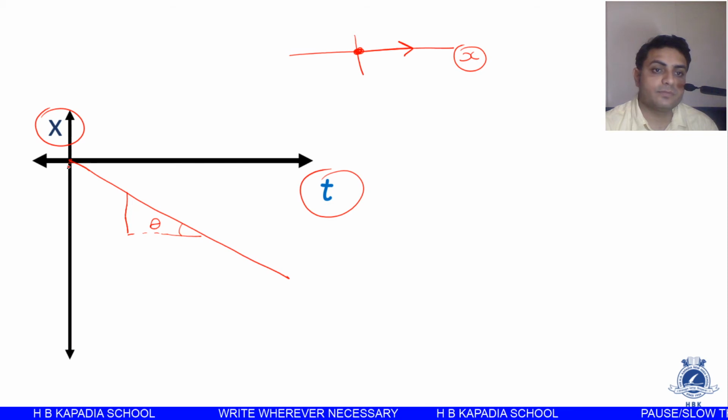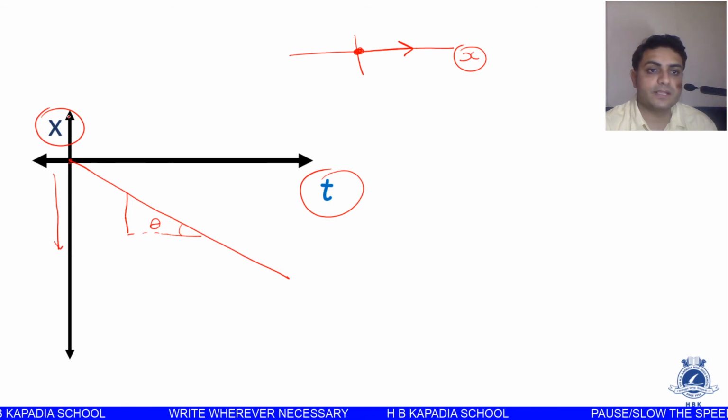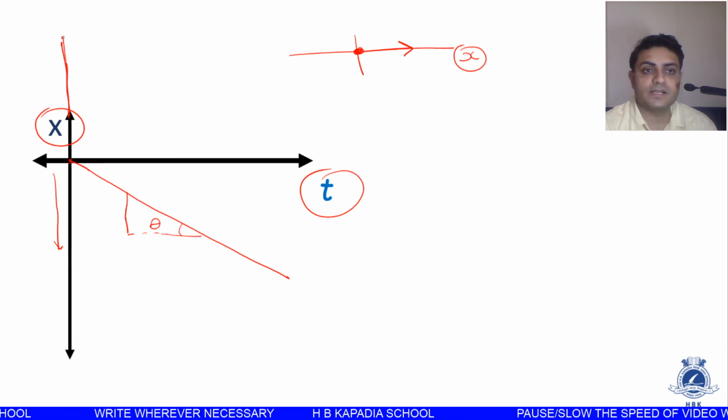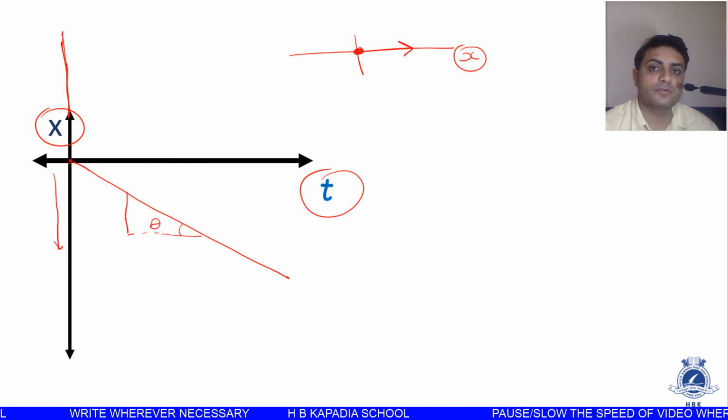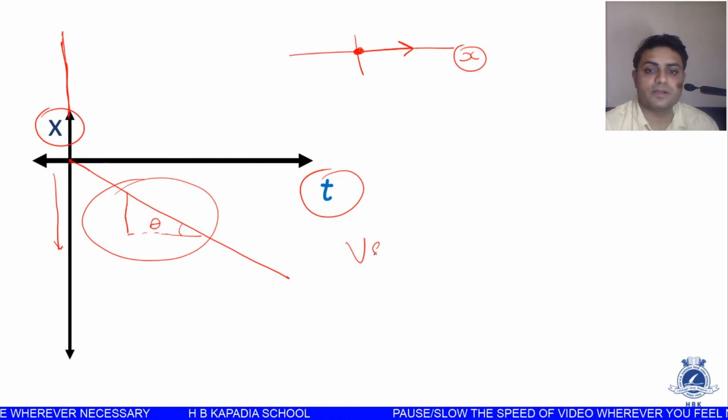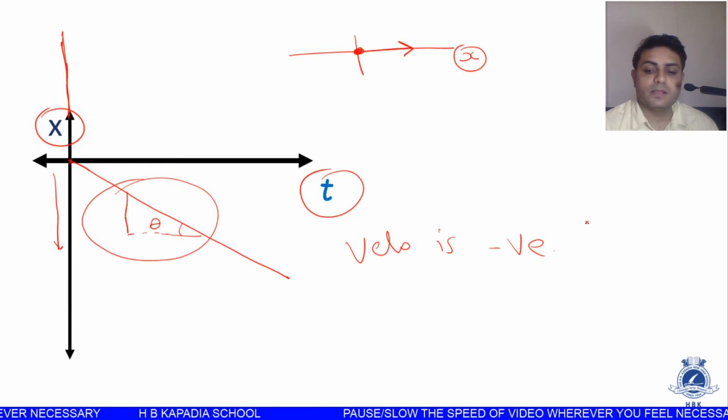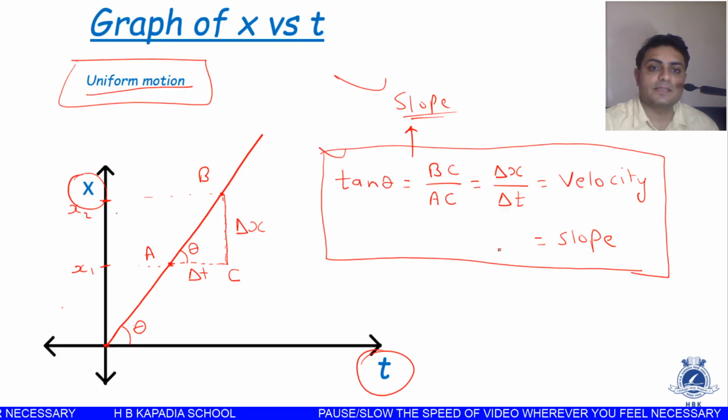As you see, I have taken the vertical axis to be the position. So whenever the object is moving in the vertically upward direction for this graph, it is considered positive, and when it is moving in the downward direction, we consider it negative. So in that way the velocity will be negative in this case. So this velocity is negative. Okay, have you ever thought about what the acceleration will be in this case?